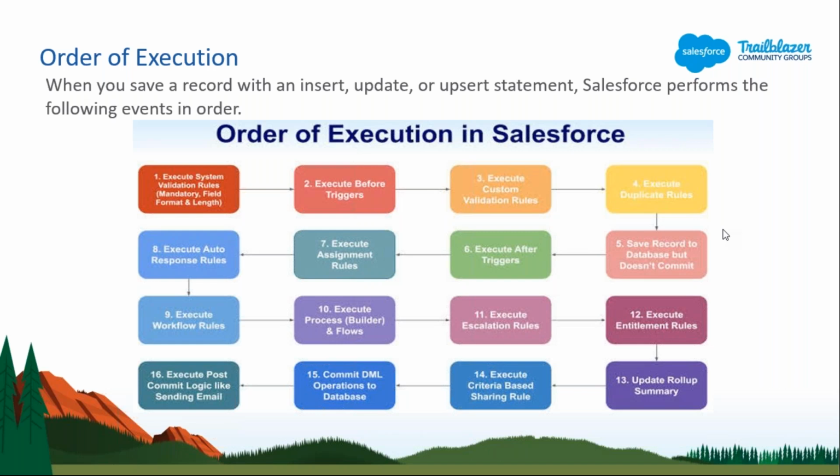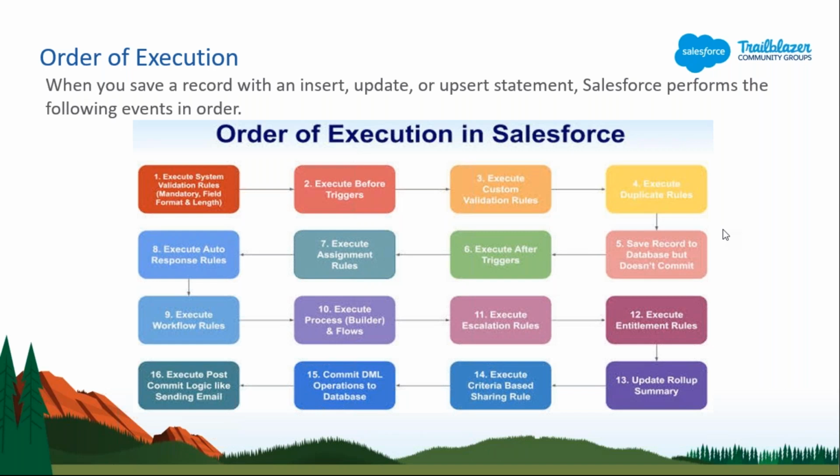Let's say I am updating an account object with a phone number, which is a mandatory field, and it has a custom validation that checks that this phone field should have a length of only 10 digits. In India we have 10 digits in our phone number. That should be only 10, not more and not less. So these kinds of custom validation rules we can write.